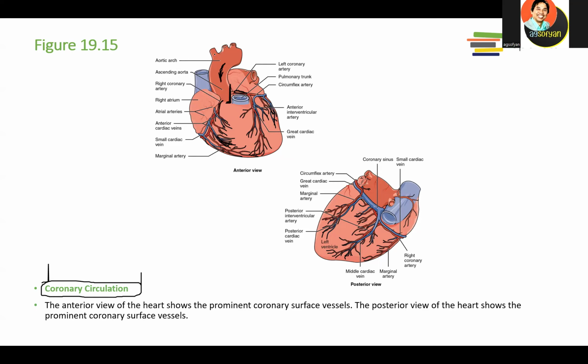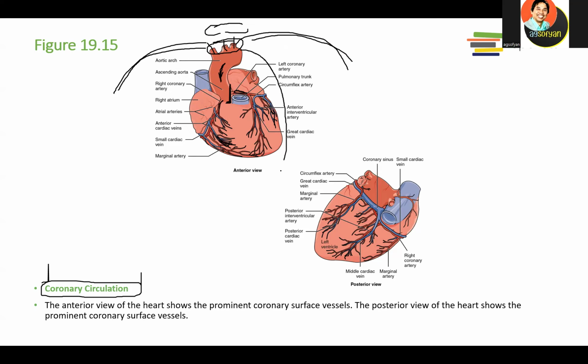After that, the aorta will be branched into three, over here on the top. This one will bring the oxygenated blood, the rich blood, to the brain and also to our arms. So this is coming from this branching. There will be arteries over here. We're going to learn these arteries in chapter 20.